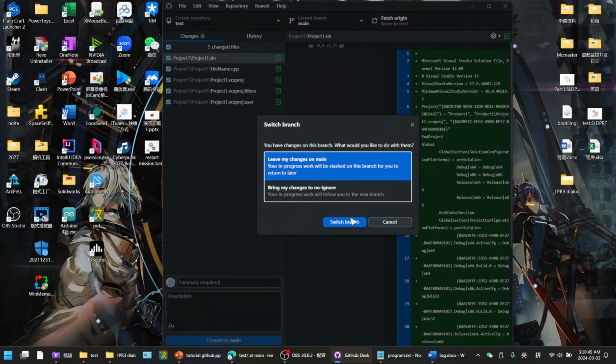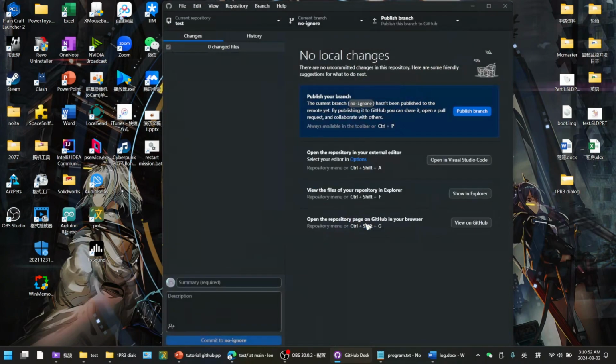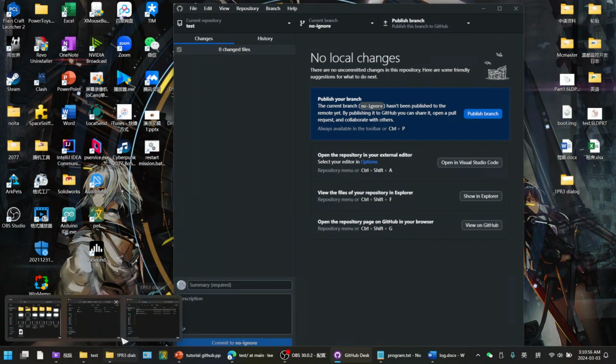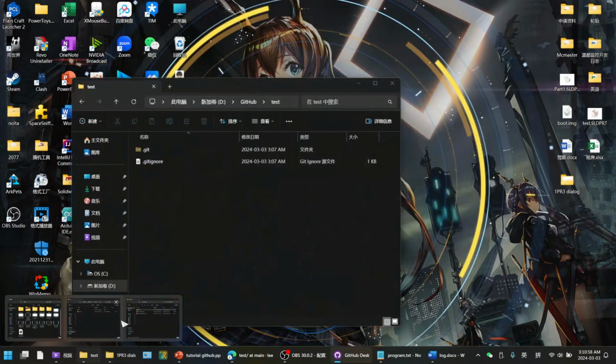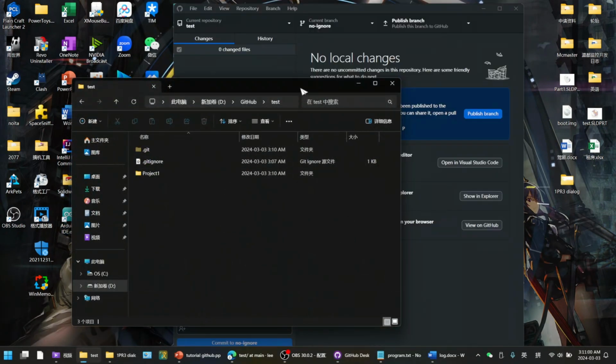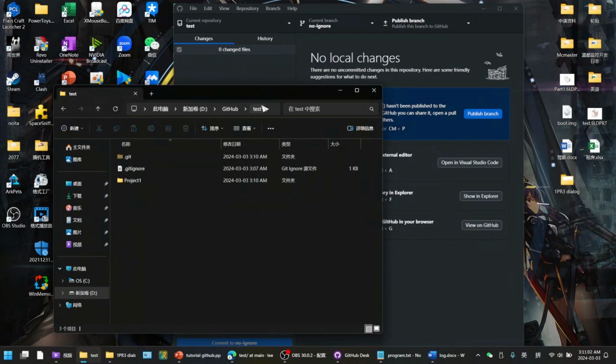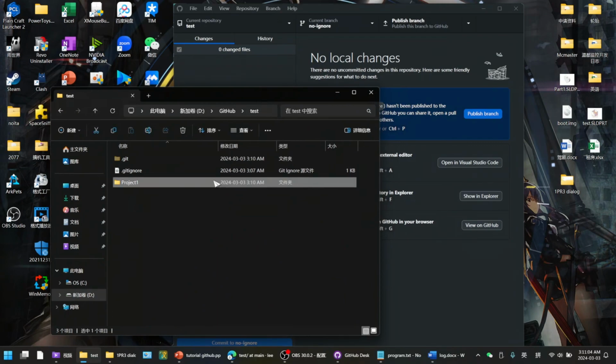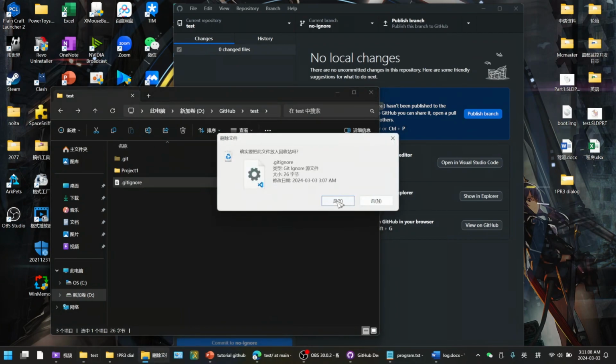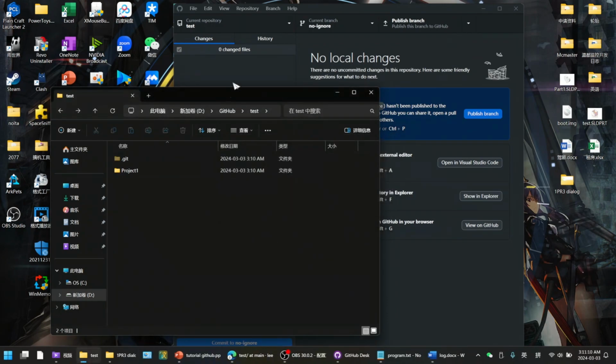Leave this change on main. Switch to branch. Okay. No ignore. And delete .gitignore,